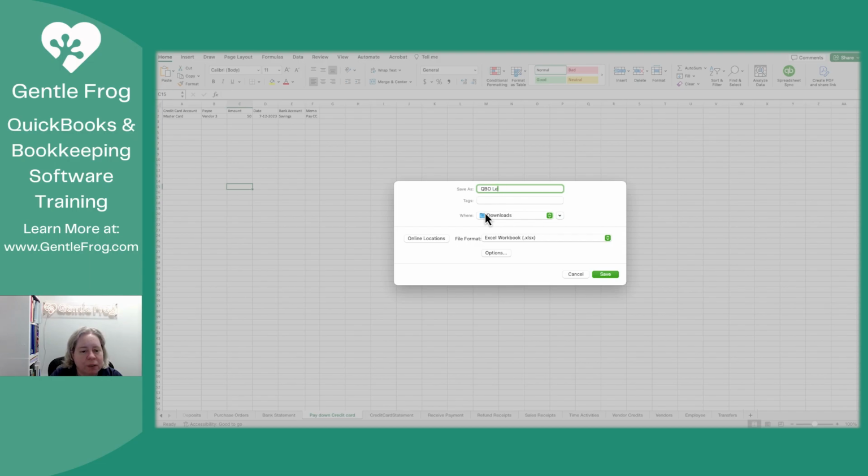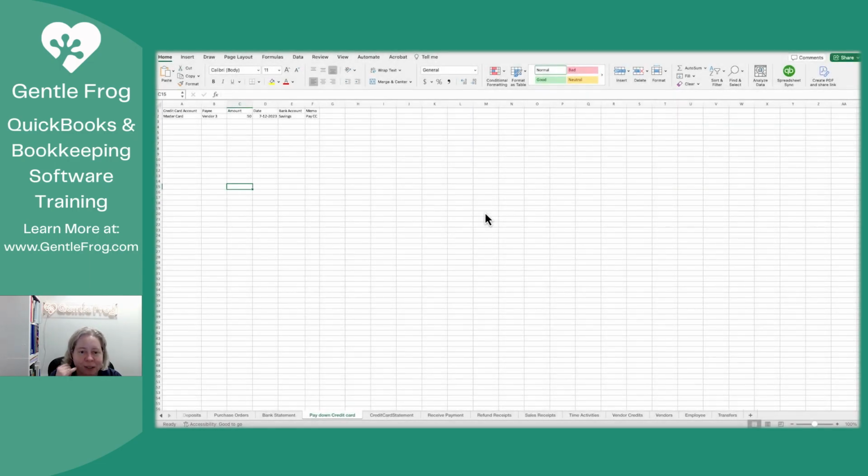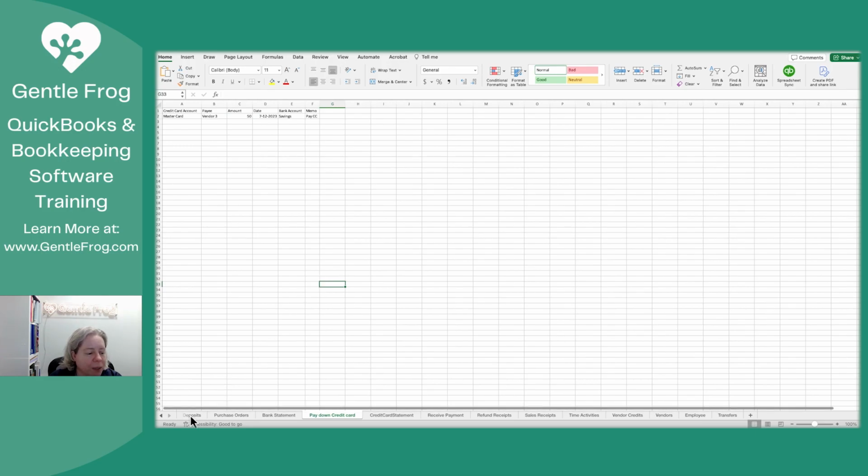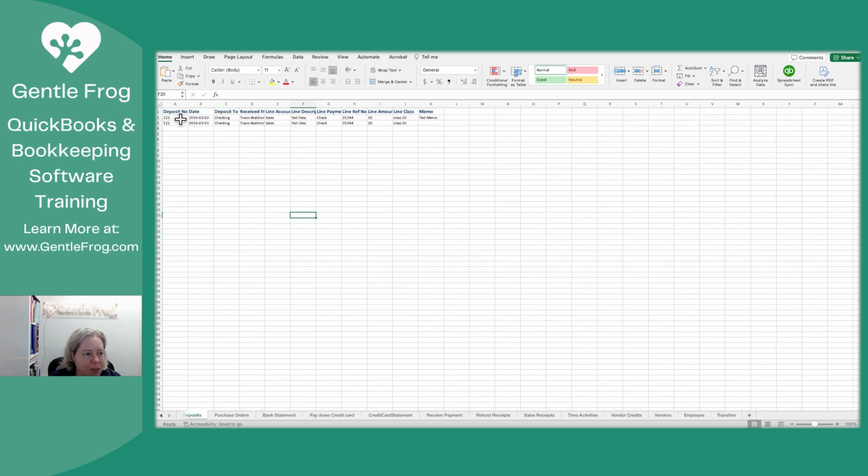QBO Ledger demo file. Okay. What I like about this sample is that it has sample data in it. So I'm like, okay, cool. We're talking about deposits, so we'll just go to deposits. I'm going to wipe out all these things. So the date, let's say the first one is